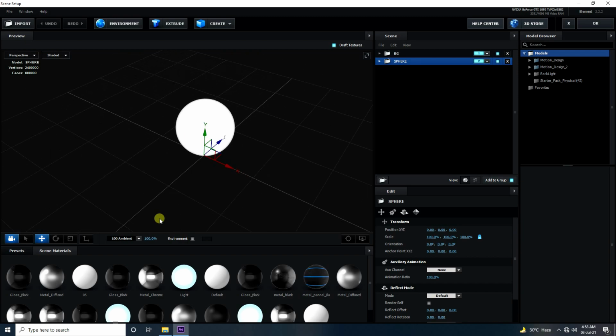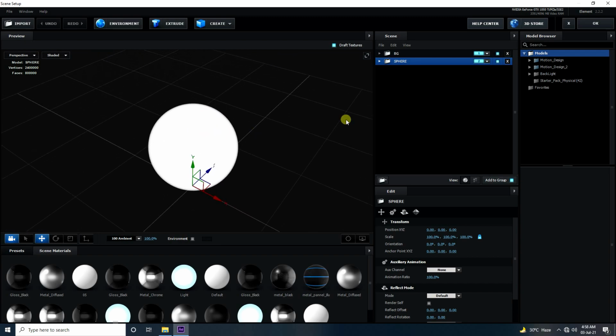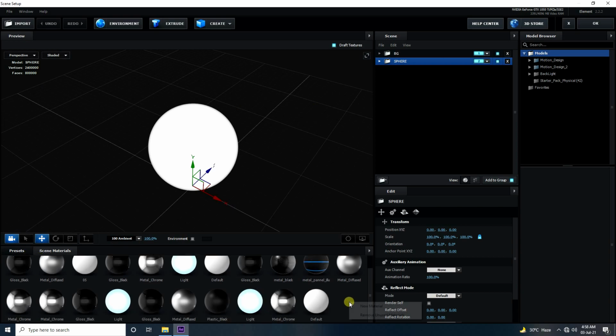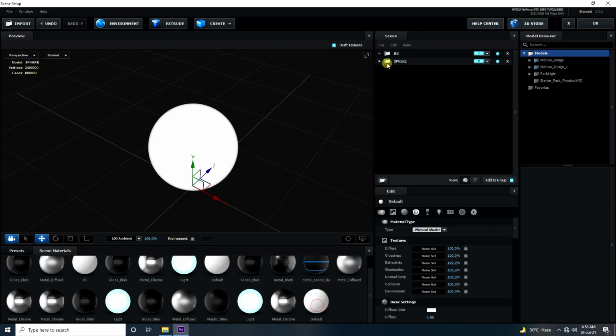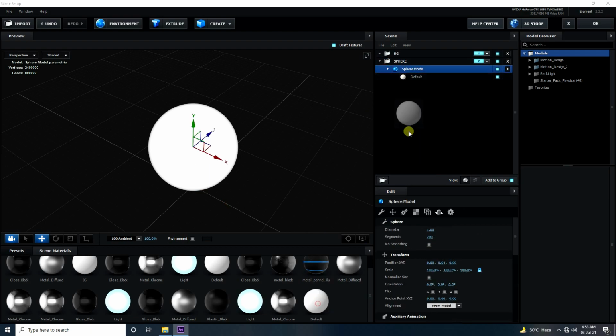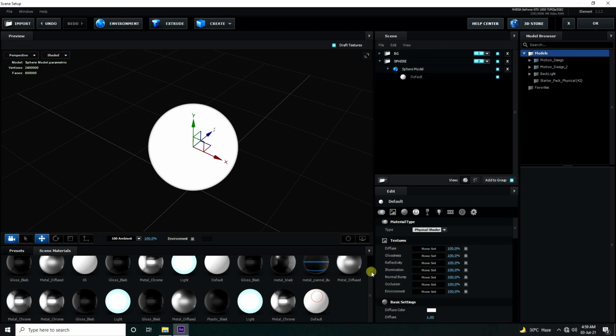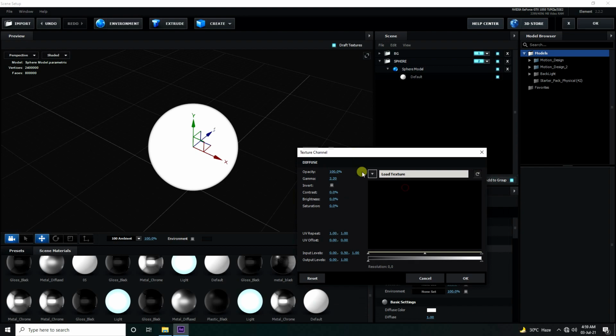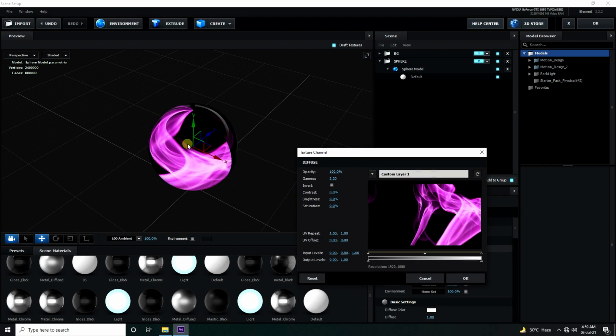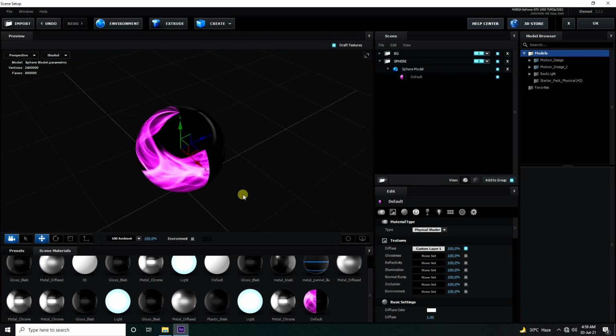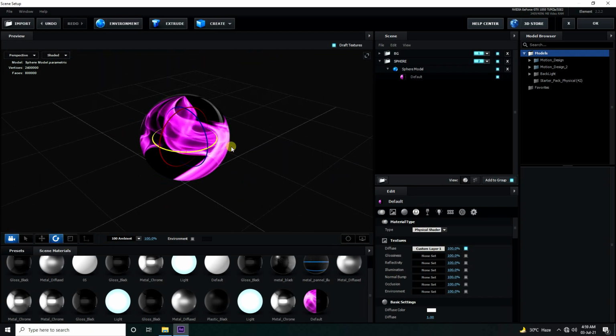Yes. So guys, this time I apply a colorful texture on the sphere. So guys, now remove unused material and create a new material, this one, and apply it on the sphere, this one. Yeah. So guys, select this material and diffuse. So guys, click on this one, like pink. Yes, beautiful. So guys, I also change this one, gamma, like 3. And increase contrast like this. Yeah, and press OK. See. So guys, select and rotate.